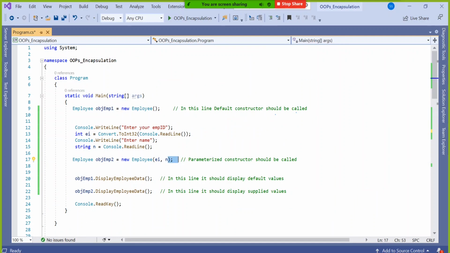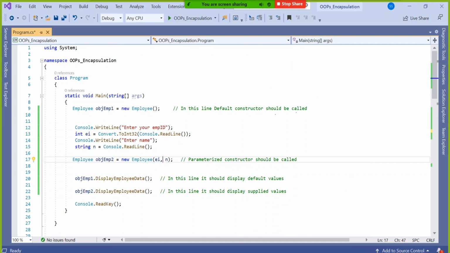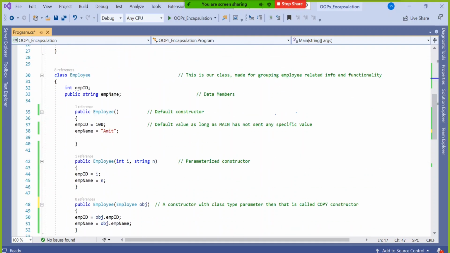So 20 parameters means 20 times it will jump from here to here and back again. So 20 into 2 equals 40 times it jumped back and forth.